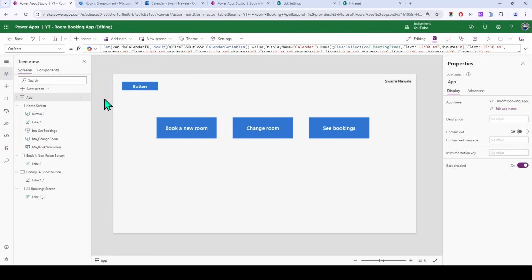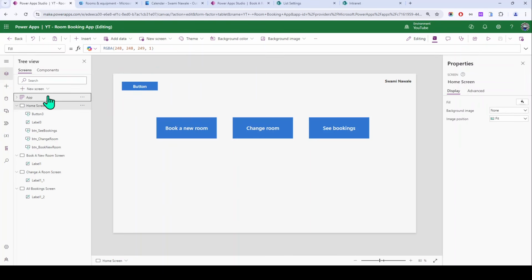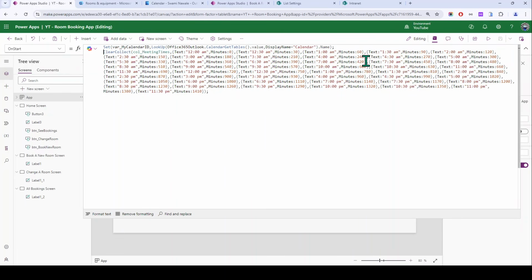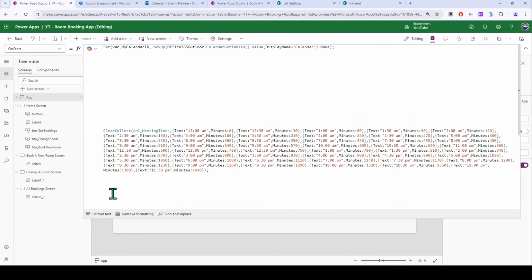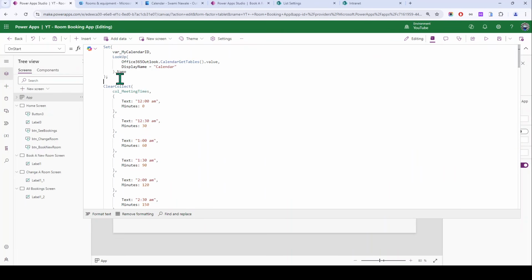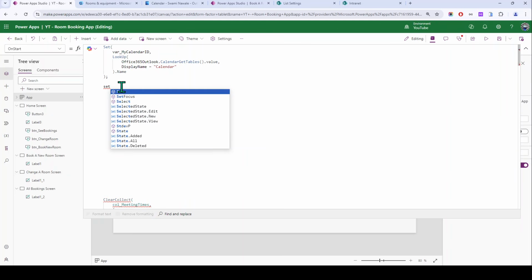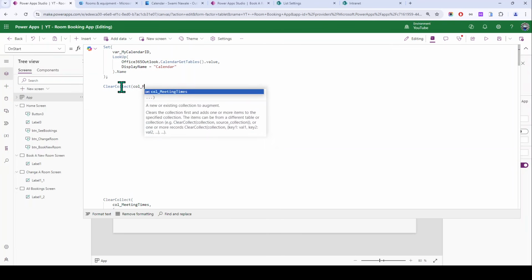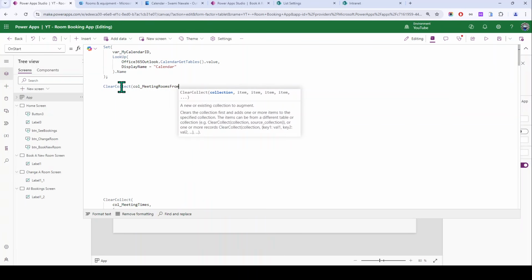Go back to your Power Apps. Now we are going to fetch these rooms. So go to the OnStart property. After the collection, I'm just going to format it so it will look good. After you get the calendar ID, you are going to get the rooms as well. For that, I'm going to use a collection. So it will be ClearCollect for, let's say, meeting rooms from Outlook,